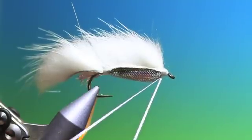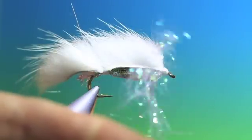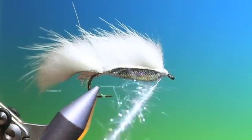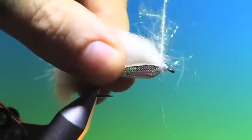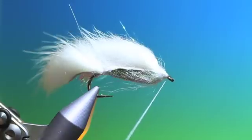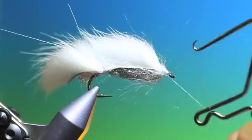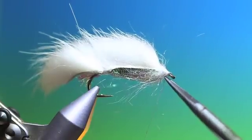Now you take this dubbing, place it in there, and we spin it. And pull it out. And we want this as a hackle at the front. Whip finish. Remove that,